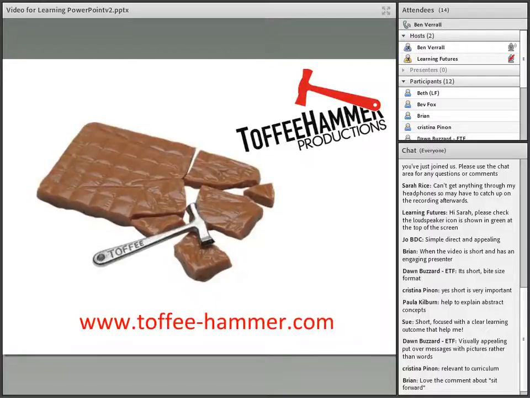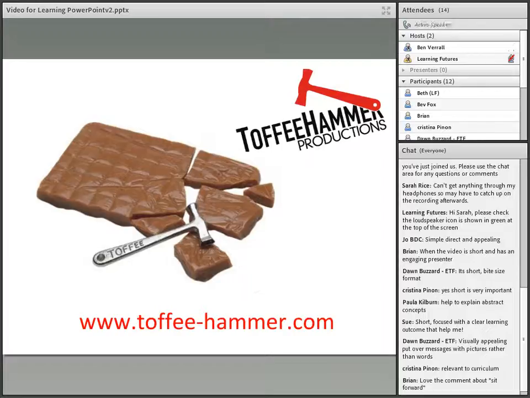Where am I now? Well, I now run a production company called Toffee Hammer Productions, and the reason it's called Toffee Hammer Productions, you'll see that there's a bit of reinforcement through repetition here, is because a toffee hammer, if you're not familiar, is a rather antiquated tool that was given out free with big slabs of toffee in the early part of the 20th century. And the idea was that the person who bought the toffee was to use the hammer to break the big slab of toffee into small, manageable